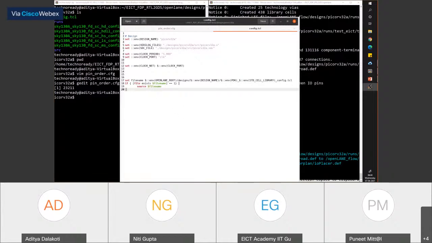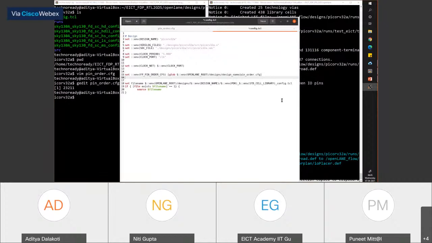Okay, so Naveen, yes, I'll take your request and we'll try to have some of this during the routing session. I'll try to include some of these details. Now in the config.tcl for your design, what we want to do is tell it that you want to source the pin_order.config file.